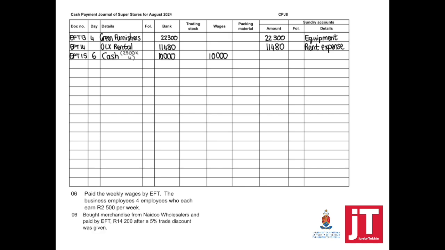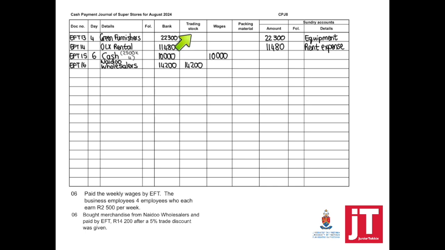On the same day, bought merchandise from Naidu wholesalers and paid by EFT 14,200 after a 5% trade discount was given. So a reminder, when we're talking about trade discount, it means paid less on items purchased. We only want to know, but what is the amount that we paid for it after the discount? So we start with the source document EFT. From who did we purchase? Naidu wholesalers. So they said to us